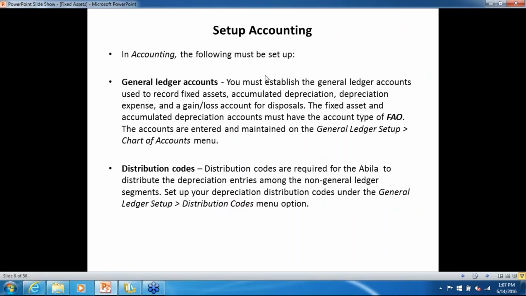Okay, so you would have to create a FAO account type. Pretty much what you do is use the chart of account wizard, go ahead and follow the wizard, and do the creating of your general ledger setups. Also, the fixed asset requires you to create a distribution code so that when the system is ready to depreciate